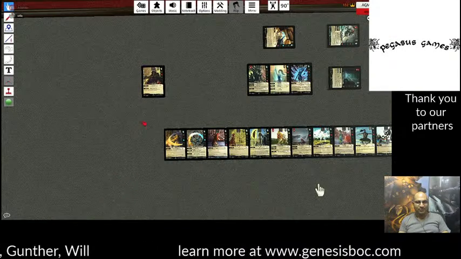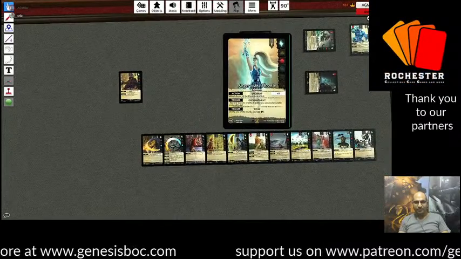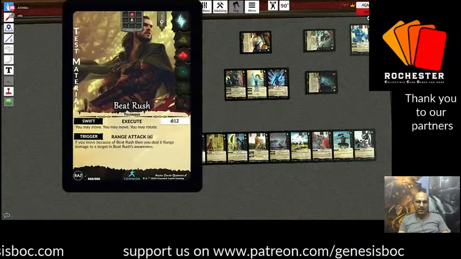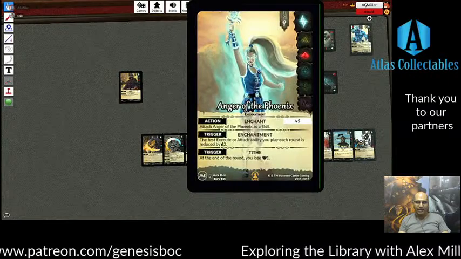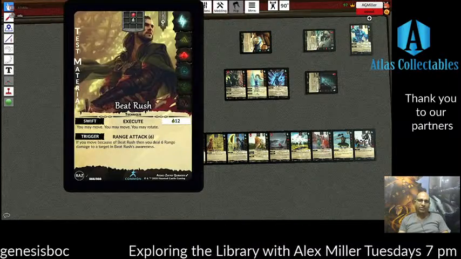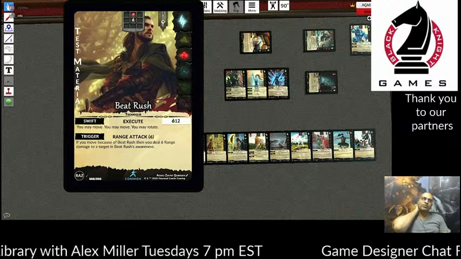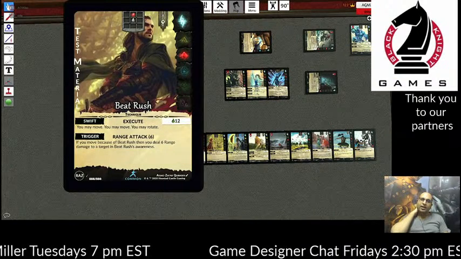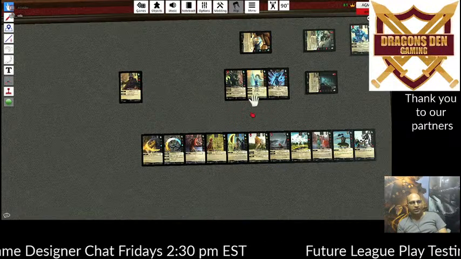But coming back to Anger of the Phoenix, when I think of Beat Rush, I think, okay, maybe there's a chance that this card can combo with that. Because one of the biggest pain points about Beat Rush is that best case scenario, you can only play 4 of them in a game. And that's if you have the champion with the highest energy reduction. If you have an Anger of the Phoenix,